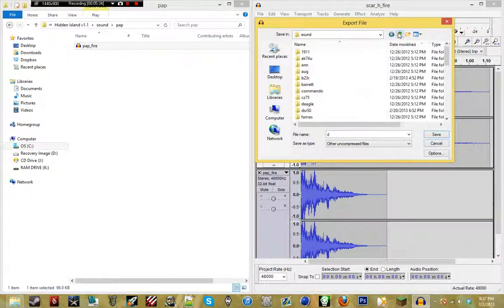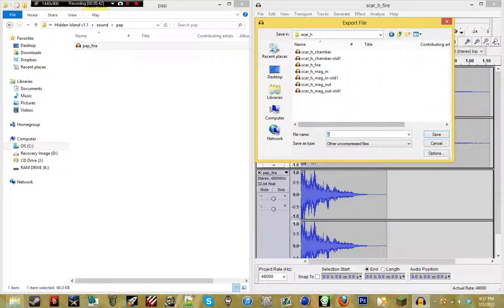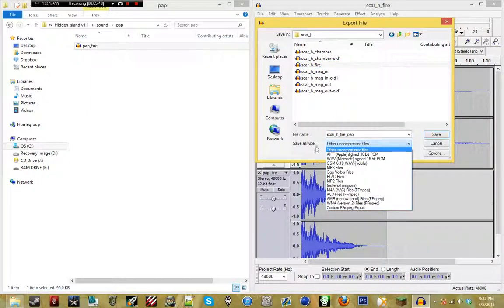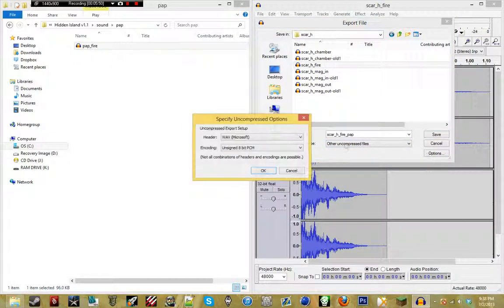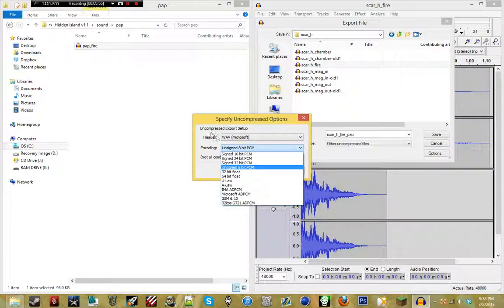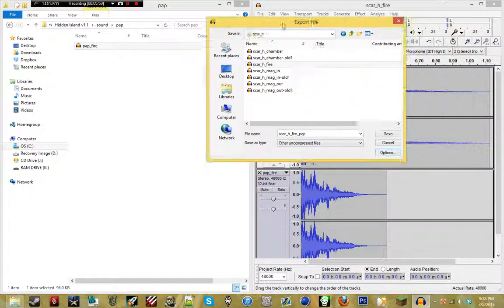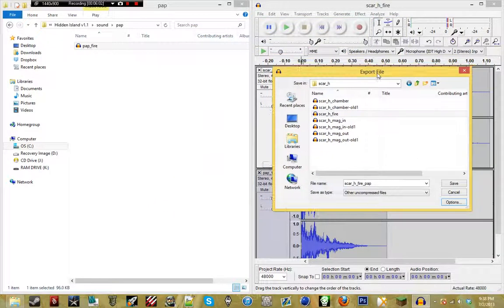and then go to your map, sound, Scar H, and I'm going to just click on this, and then click here, and add underscore PAP to it. Save as type, set it to other uncompressed files, options, and then the header needs to be WAV Microsoft, encoding unsigned 8-bit PCM. If you get a different version instead of 1.3, you may not have the same settings,